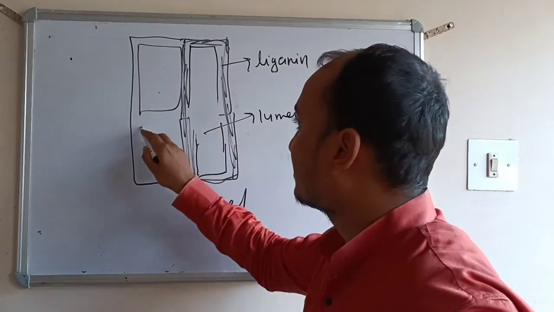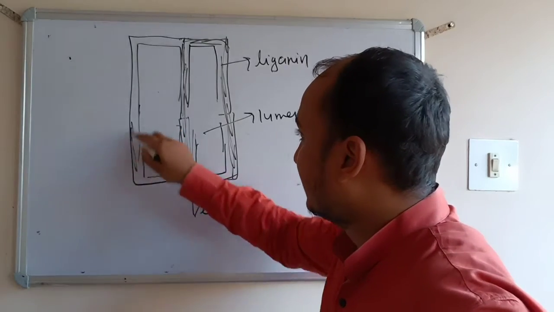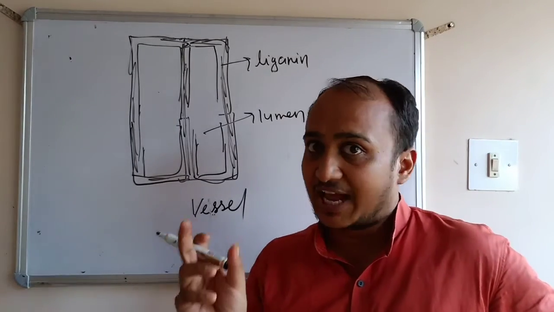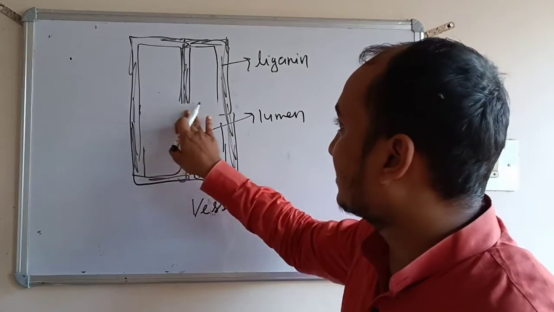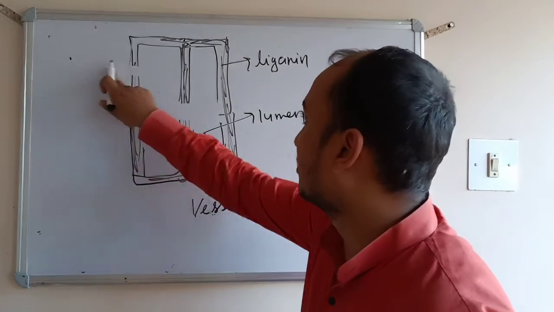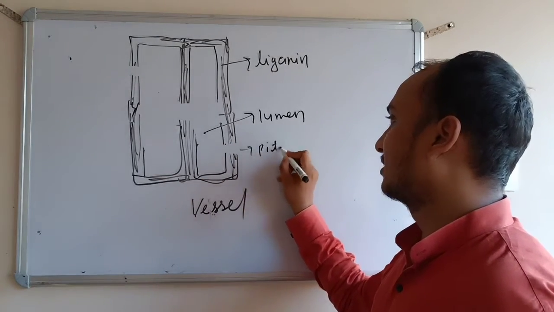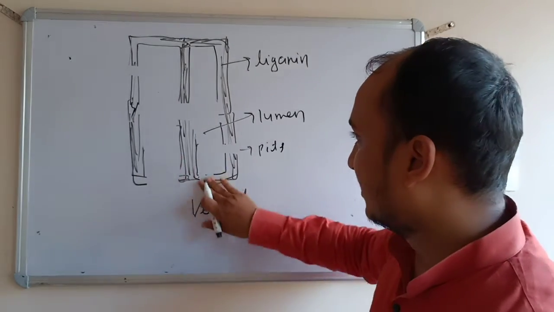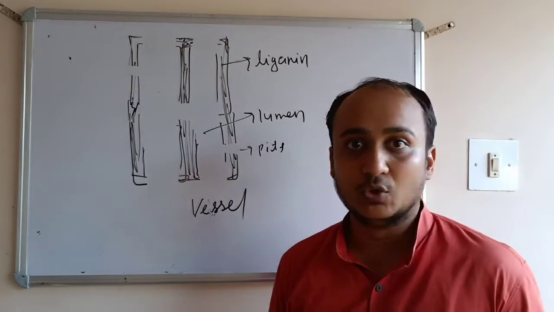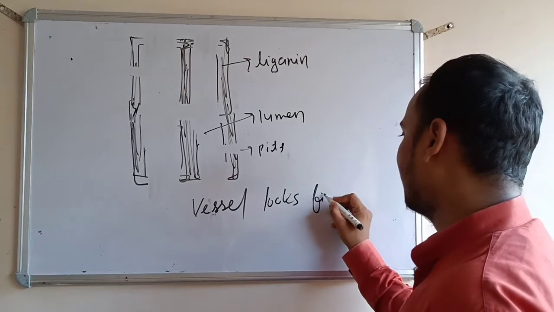Now there are more vessels arranged sidewise also. We know this middle layer is dissolved, and we get it like this. This is lignin. Now the water can cross sideways also, because there is a sideway opening. These sideway openings are known as pits, and these are dissolved. So you can see that it looks like a capillary tube. The vessel looks and works like a fine capillary tube.